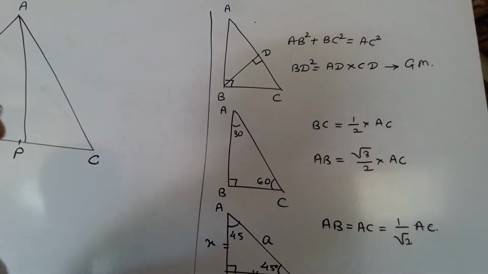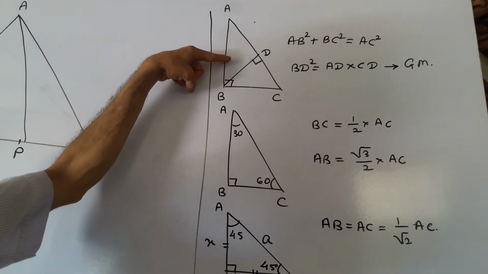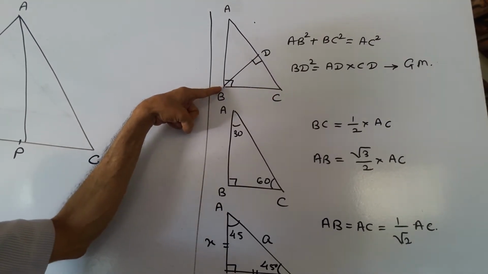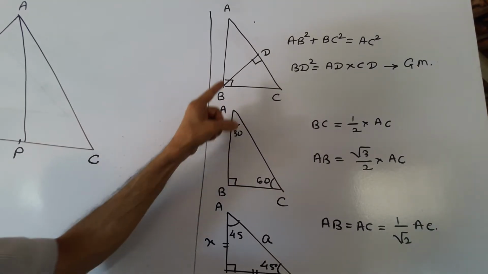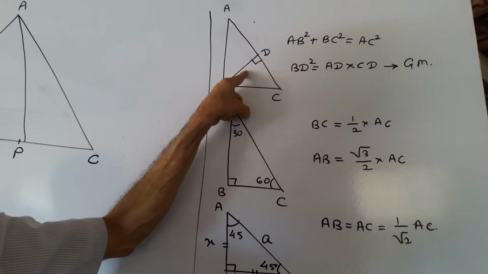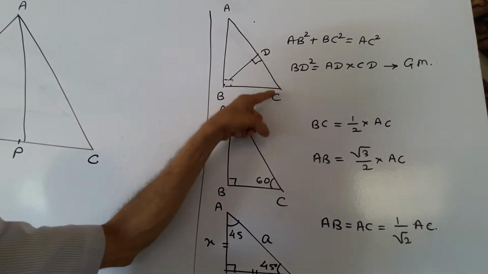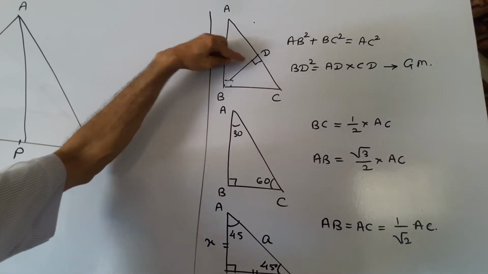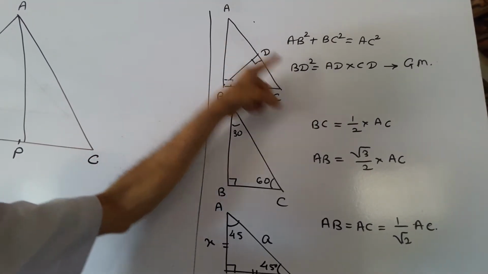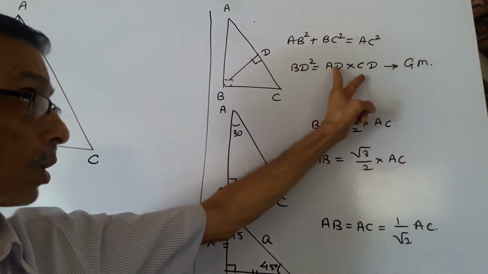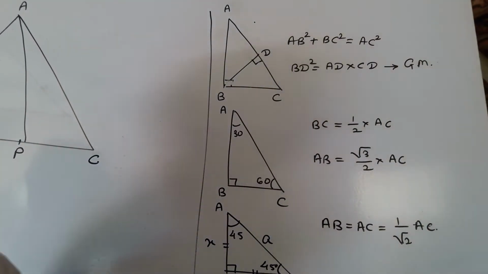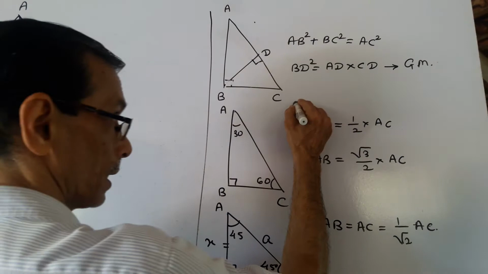This was proved also. At the same time, in the right angle triangle, if we draw perpendicular on hypotenuse from vertex B 90 degree, then we find that square of the perpendicular drawn is geometric mean of the two segments in which the hypotenuse is divided. We know that BD, which is perpendicular to AC, divides AC into AD and CD. So the product of AD and CD is equal to BD square, and this is called geometric mean theorem. We also studied the 30, 60, 90 theorem.